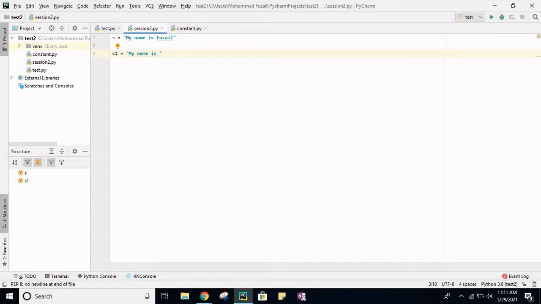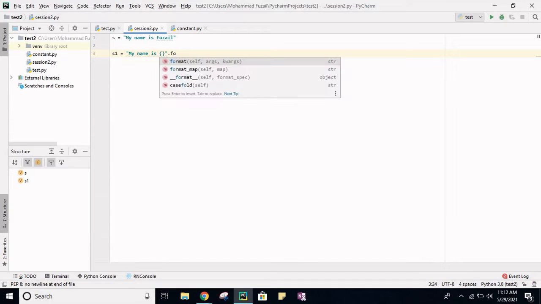So what we do is we use these middle brackets, the braces. What these braces do is they make a blank space in that particular string to get an input, and to provide the input in those braces, we use a function named format function.